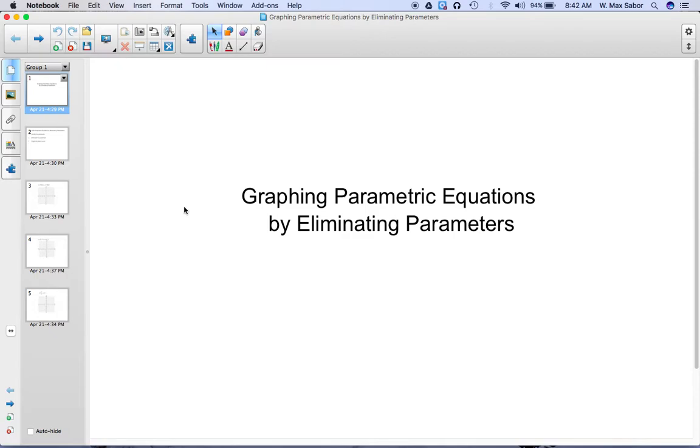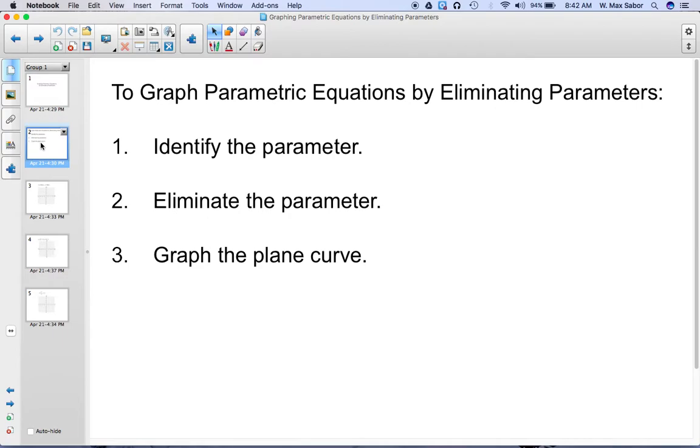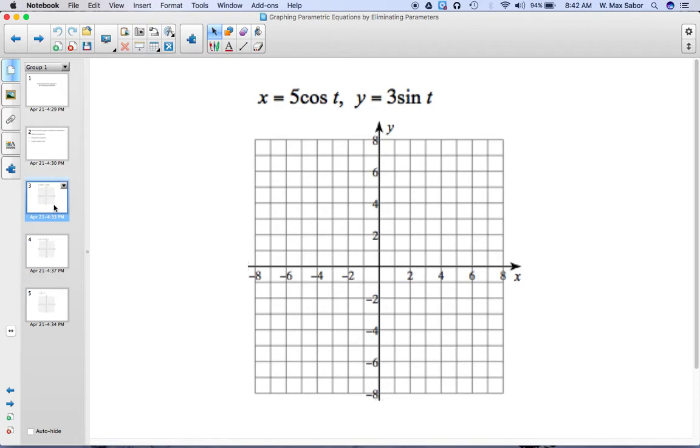How do we graph parametric equations? By eliminating parameters. Typically we'll want to identify the parameter, then eliminate that parameter, and then graph the plane curve. This is not the only way to graph parametric equations. We could graph them by evaluation, but this is how we will do it, and this is typically faster, not always. So here we want to eliminate